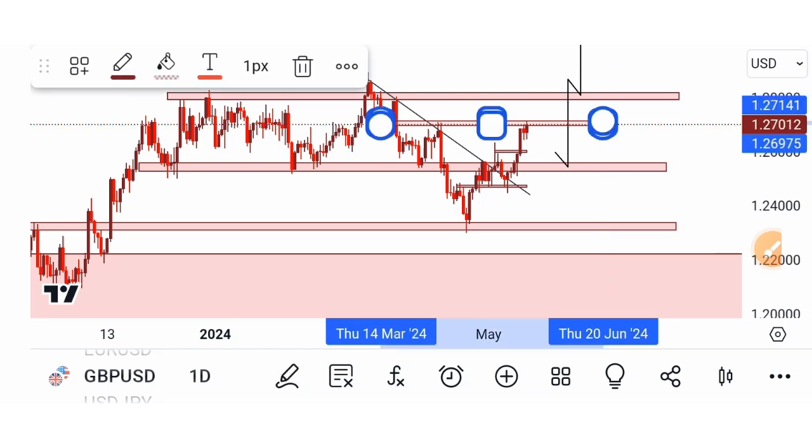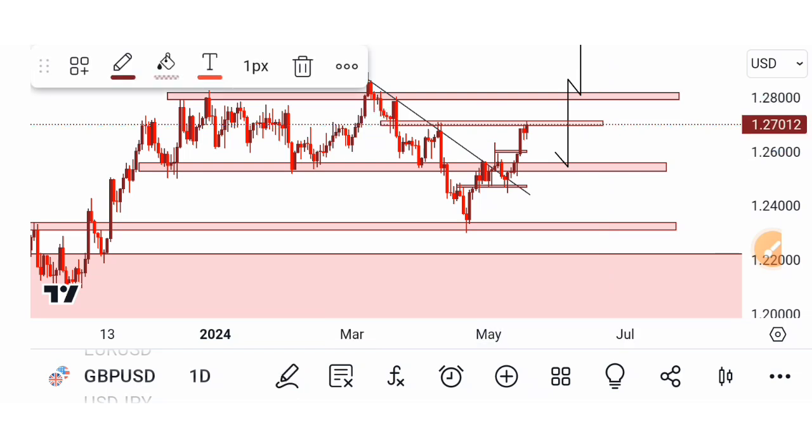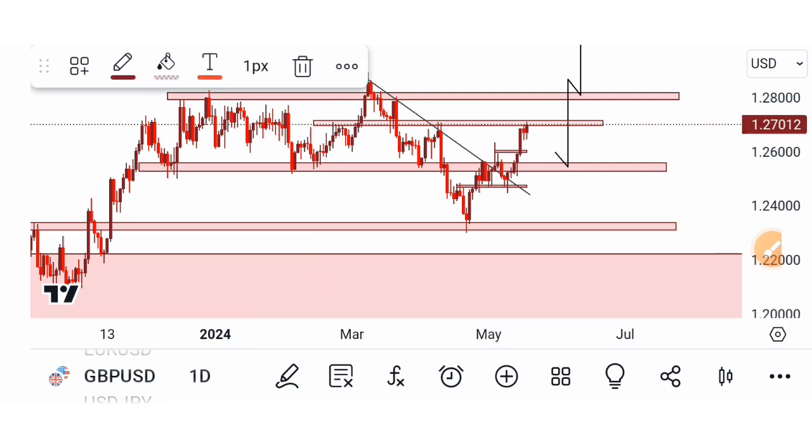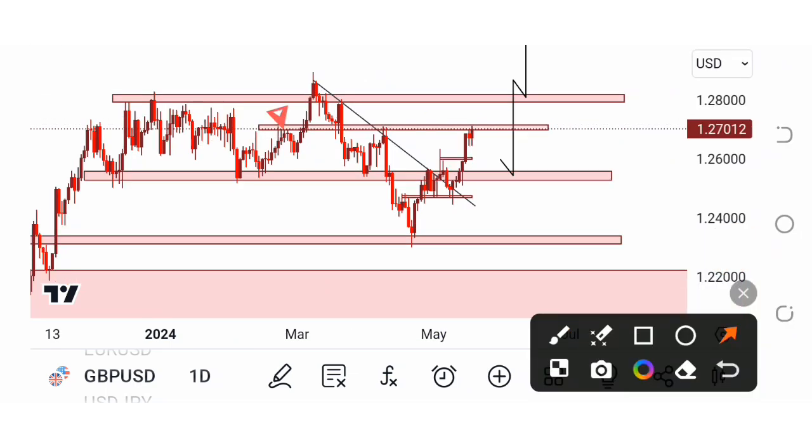It would depend on you how you want to adjust it, but it does convince me, because if you drag it all the way to the left, it also does make sense. You notice how it was a resistance, became a support, became a resistance, and again we are back to that area over there. So now because we are looking for buys, does it mean we should be buying exactly where the market is? No, it wouldn't make sense to buy over there,